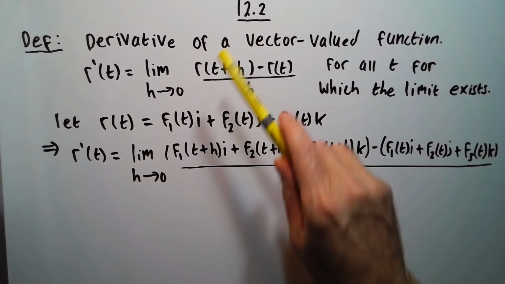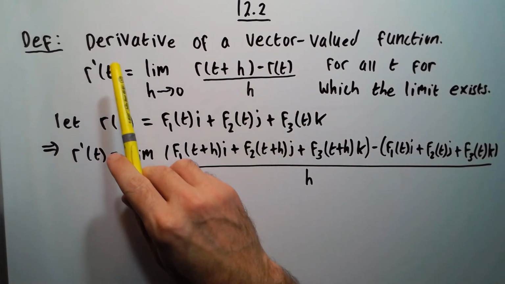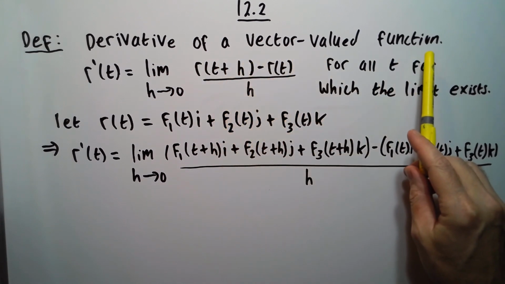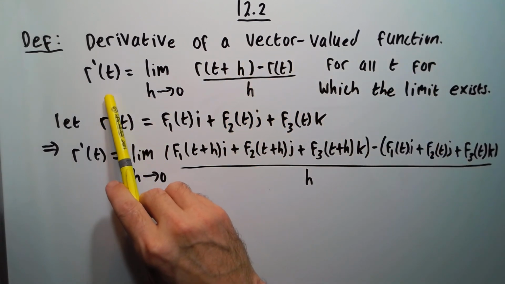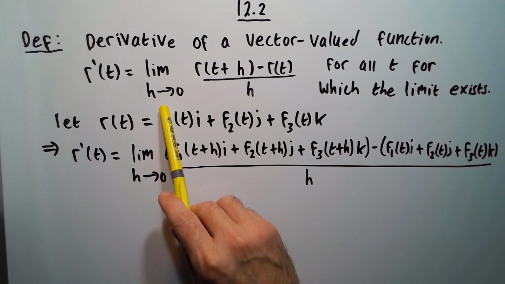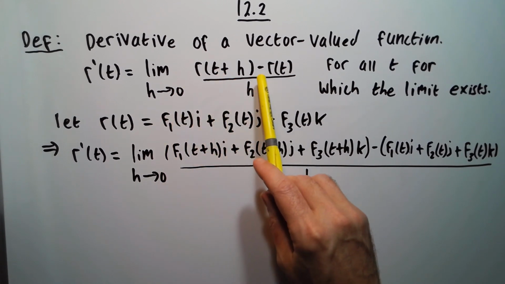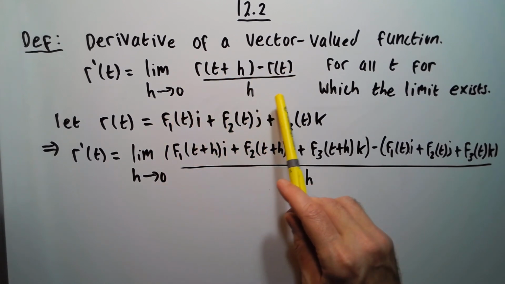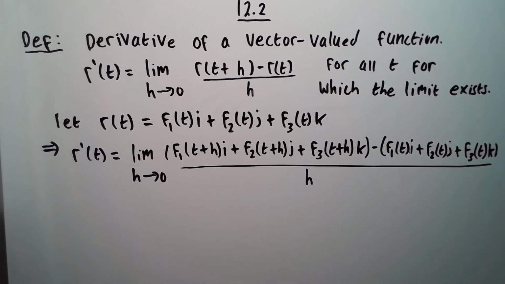Okay, so let's do 12.2. So definition, the derivative of a vector valued function is r prime equal to the limit as h goes to 0 of r of t plus h minus r of t over h, whenever this limit exists. Okay, so this looks